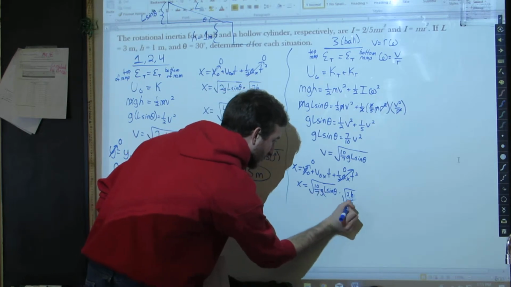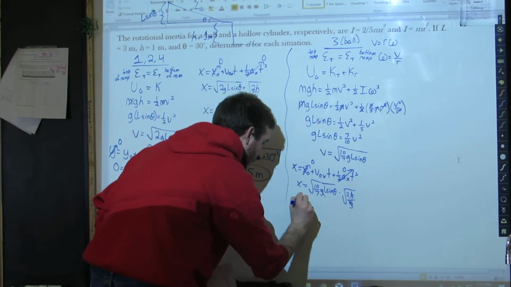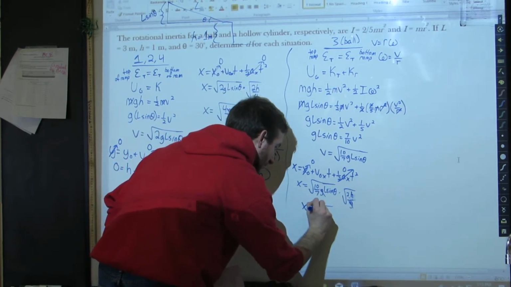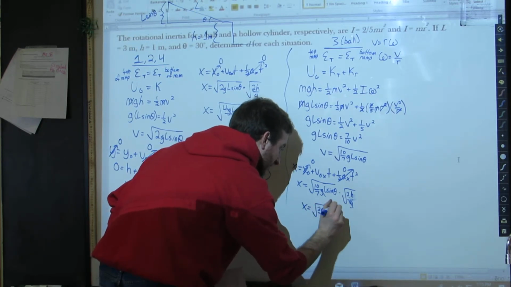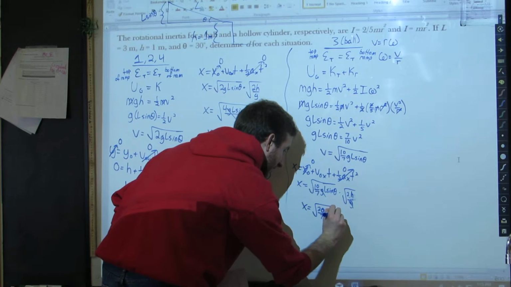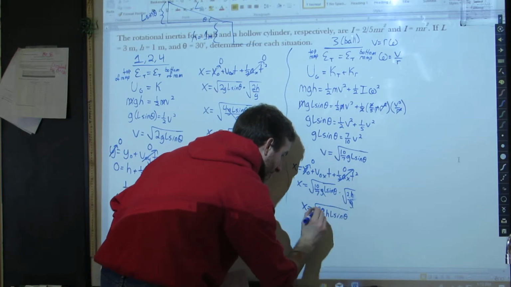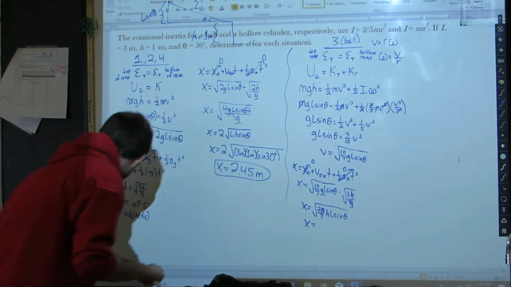Let's see, the g's will cancel. We end up with the square root of 20/7 h L sine theta, which when we plug numbers in,